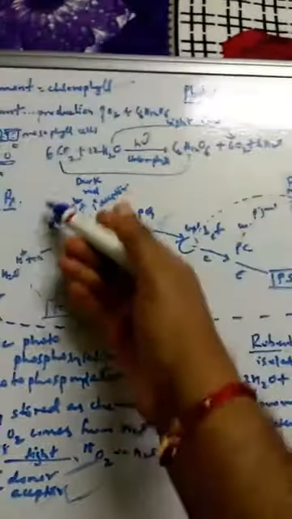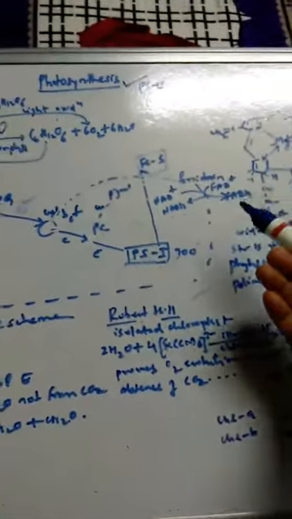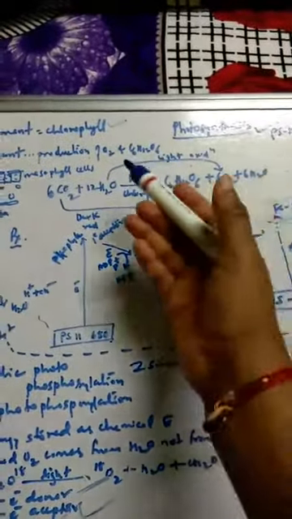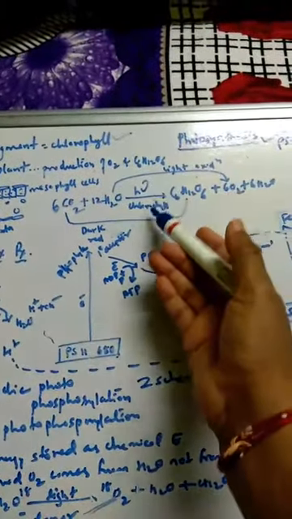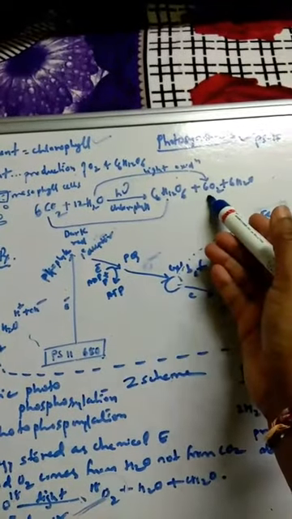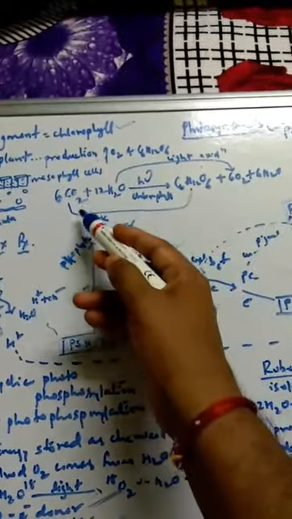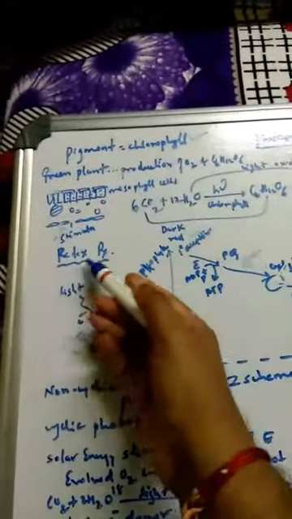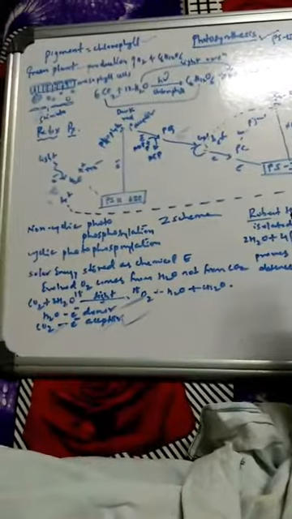And you can see here the light reaction, and the dark reaction where the carbohydrate is generated like this. In photosynthesis, this one small equation can be explained in so many ways: carbon dioxide and water, in the presence of light and chlorophyll, give carbohydrate and oxygen. Here carbon dioxide is reduced to glucose and water is oxidized to oxygen. This redox reaction of photosynthesis can be explained very nicely by the Z scheme, in the name of PS2 and PS1, photosystem 2 and photosystem 1.